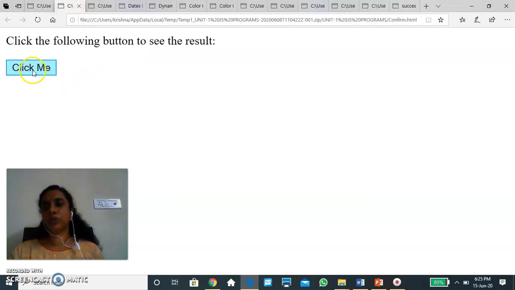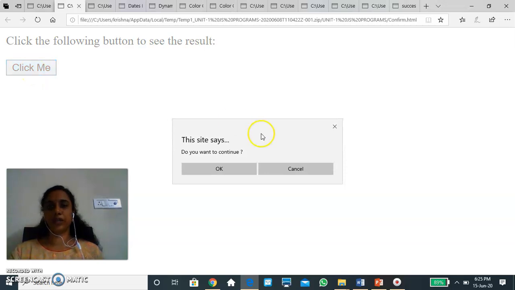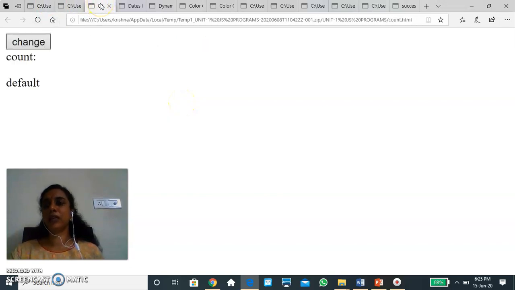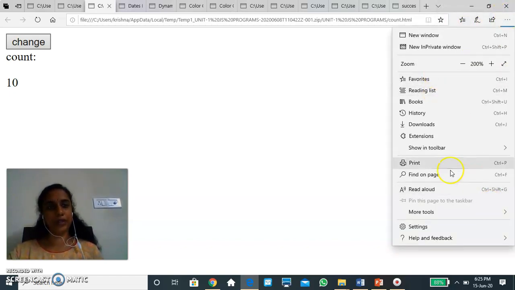Okay, so you can see, if you click like this, there is an alert box. So that's what the program is about, to display an alert dialog box. Okay, so I will simply click on count. The more times I click on the button, the counter keeps incrementing. That means I need to maintain one counter, and here it is.